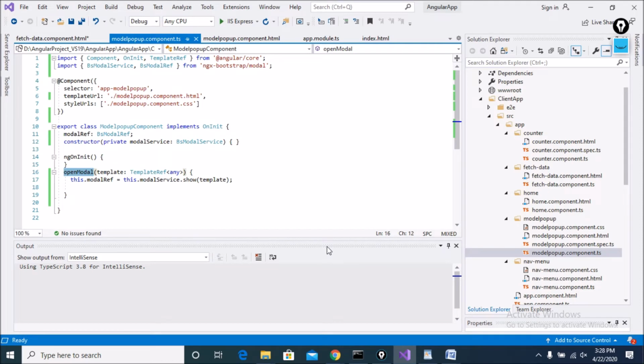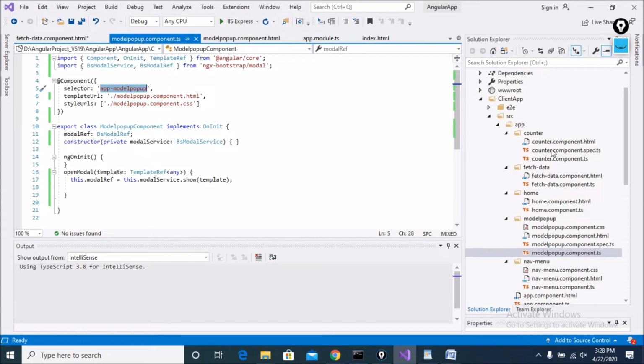Let's start now. Use this model pop-up component in the home component, the fetch data component, as well as the counter component. You can see here the app model pop-up. This is the selector of this component.